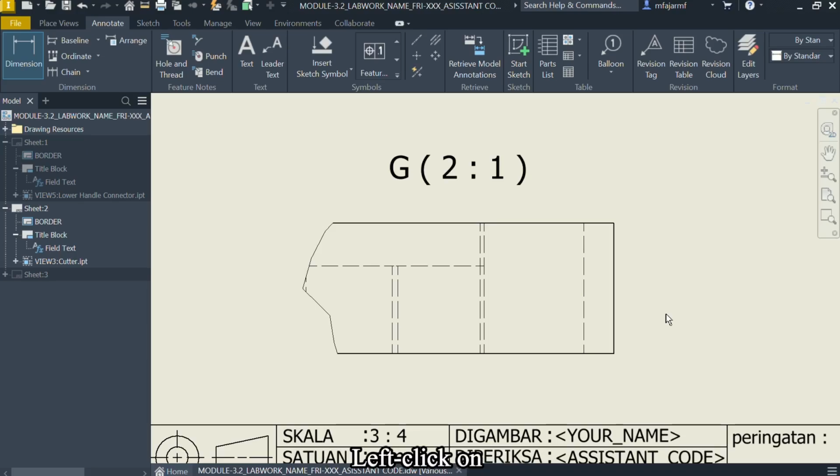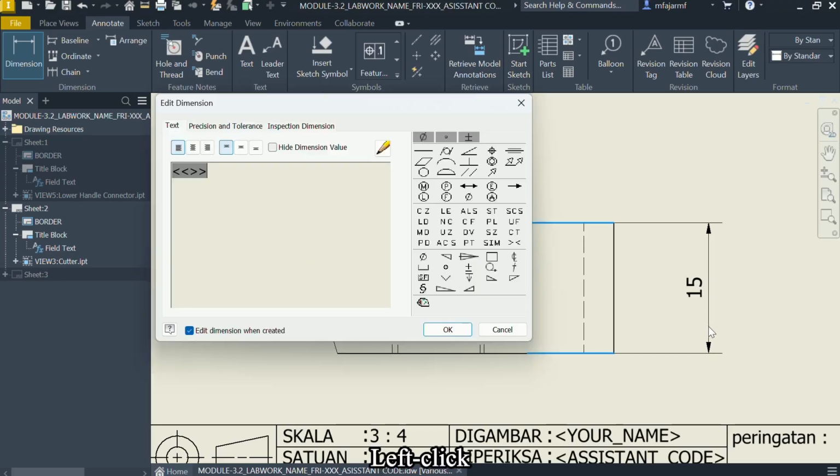Left click on all determined line in Other from top to bottom. Drag the dimension to right side. Left click. Click Precision and Tolerance tab.